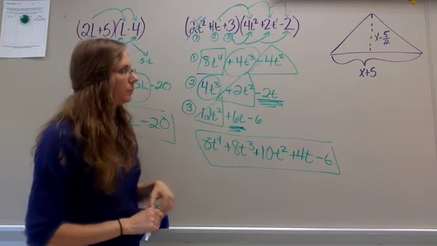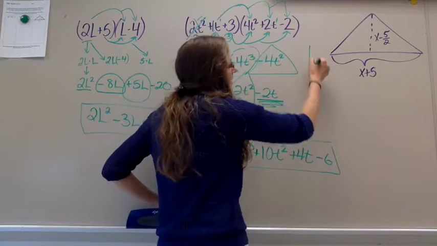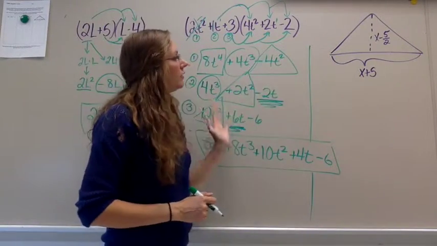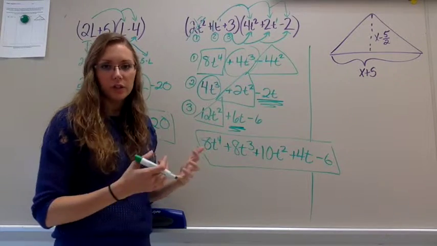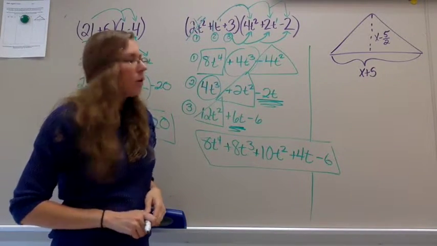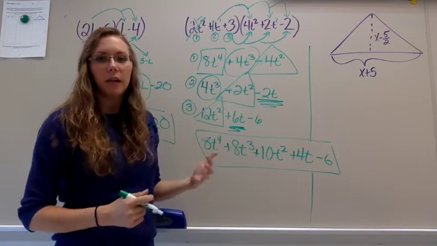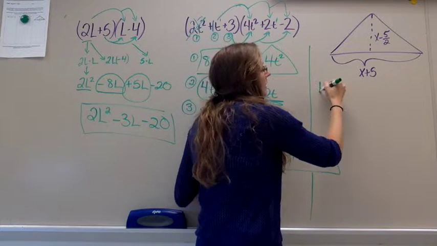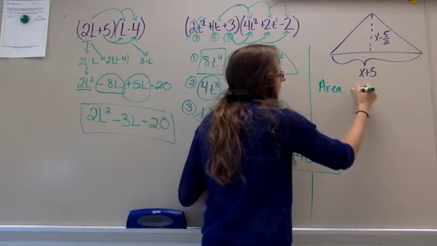Trinomial times a trinomial. Now, the other piece that is reasonably tricky with these is when we take our idea of multiplying polynomials and we apply it to geometry. We did that with adding and subtracting when we found perimeter. Here we're going to look at area because area is a function of multiplication usually. So if I asked you to write the area of this as a polynomial,